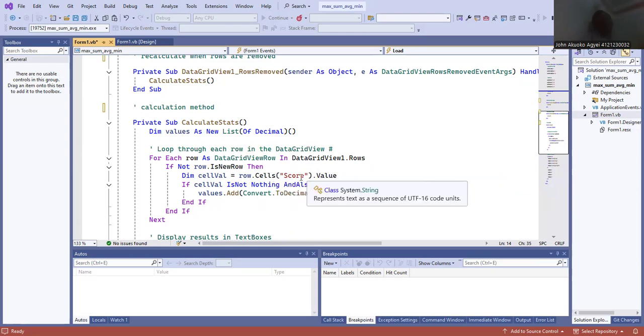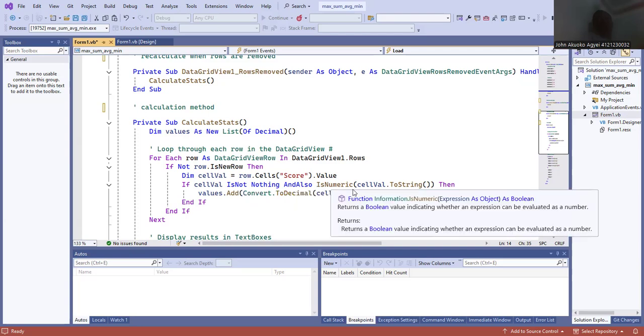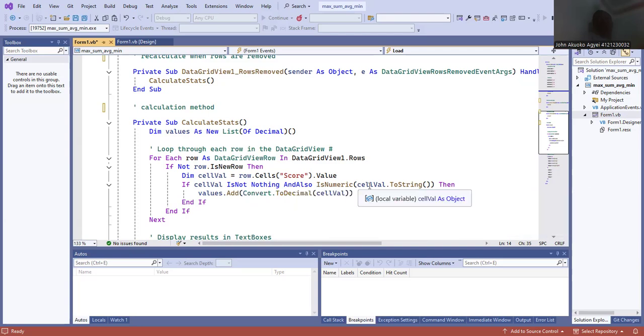It extracts all the values of the column score. So if cellVal is not Nothing and also is numeric,